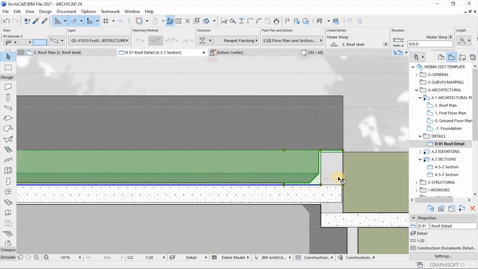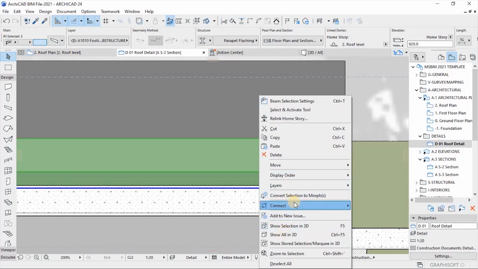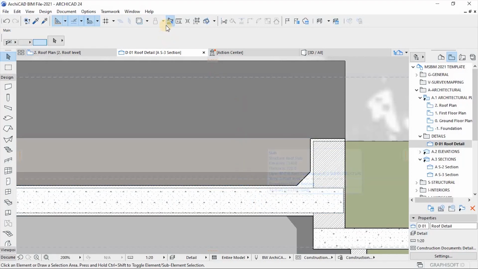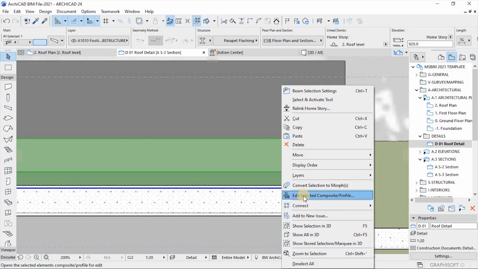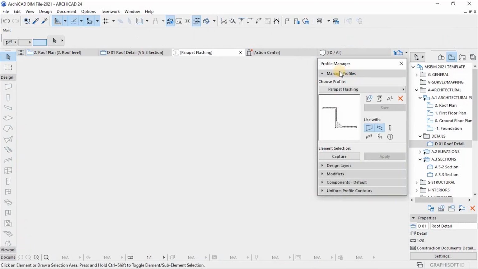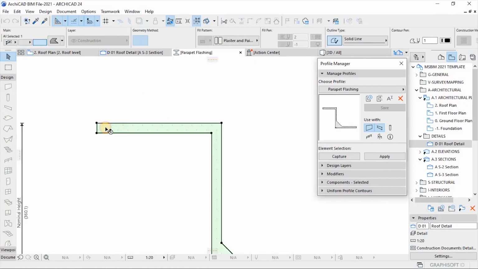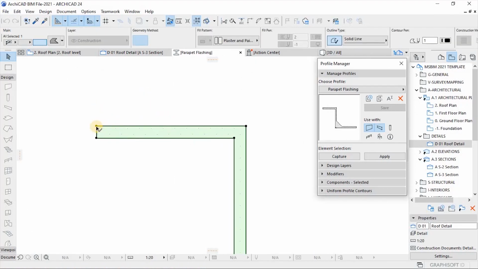when your groups are suspended, you can't access editing of your complex profile. I think the same applies to the composite. What you need to do is unsuspend your group, and then that's when you can access this feature, edit selected composite. So what I was saying, we can basically, instead of having it this way, you can modify this